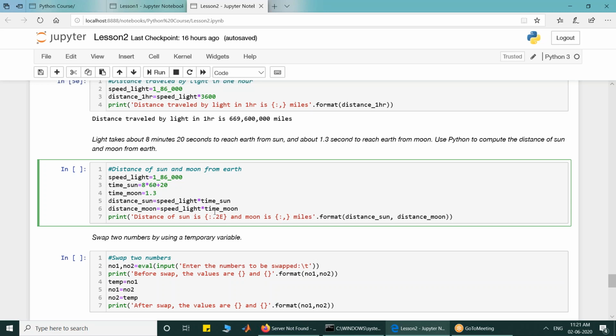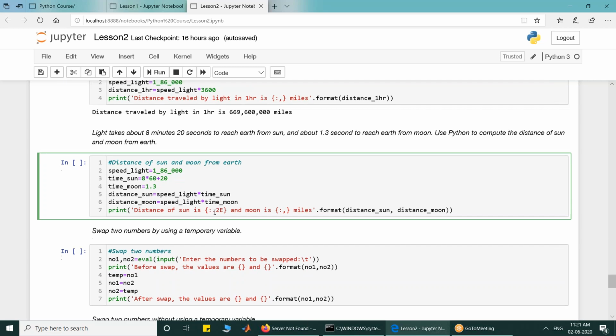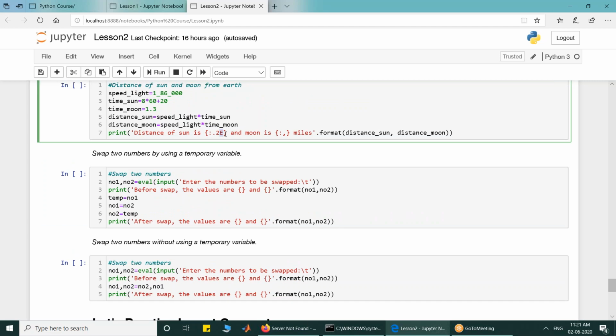So distance to Sun is computed, distance to Moon is computed. Because distance to Sun is very, very large, I have used exponent form. I want to put it in exponent form, so I have written 0.2e. 0.2 is the precision field. It says that output after the decimal should have only 2 digits.